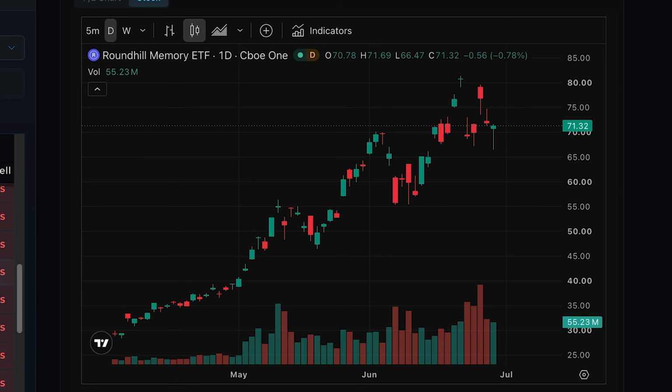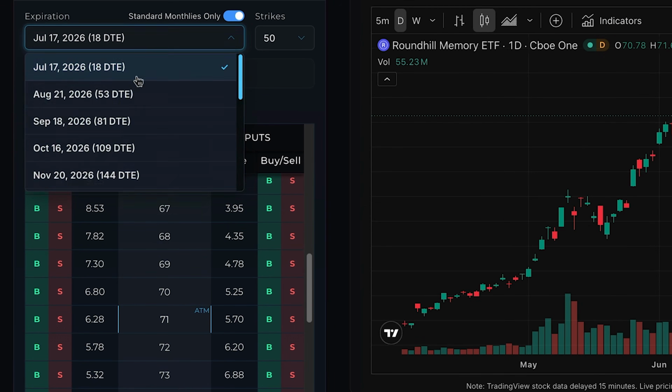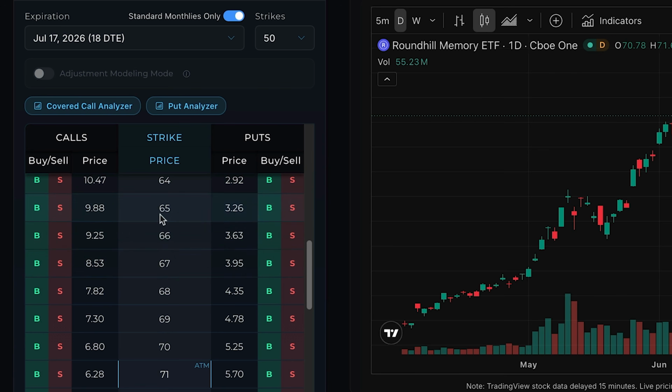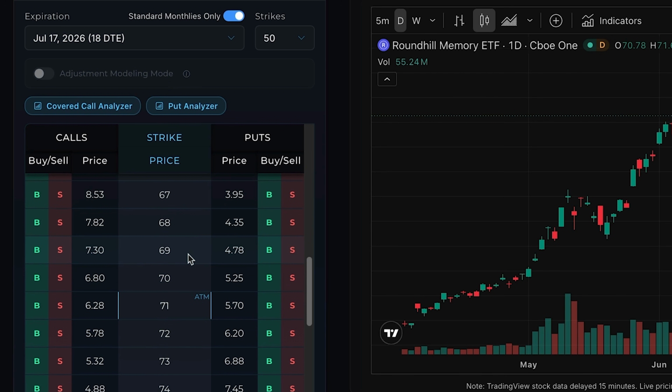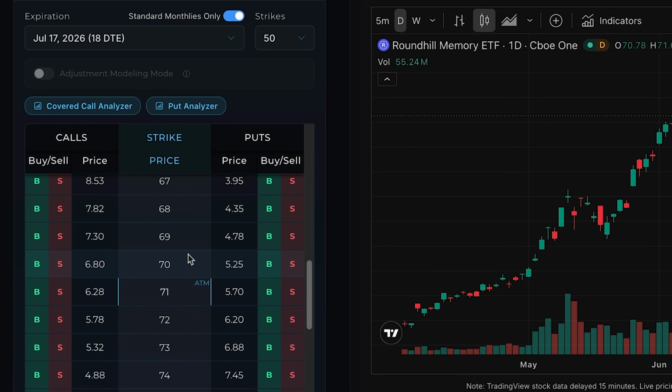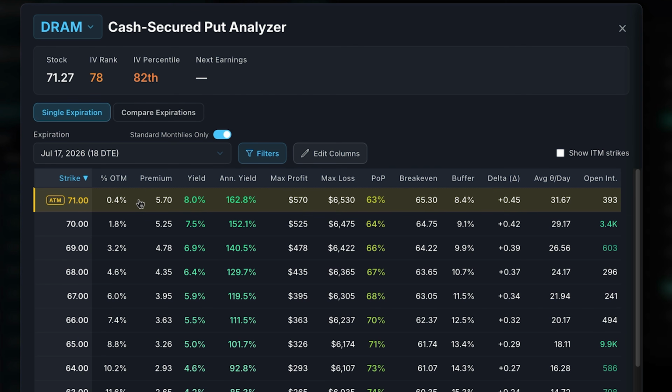bullish trend. Now, normally to analyze a cash-secured put, you just have to go through all the expirations, look at the premiums you can sell, and also do some calculations on the yield potential for each strike price and expiration. But if I click Put Analyzer, this instantly analyzes the key metrics of all the cash-secured puts I can sell